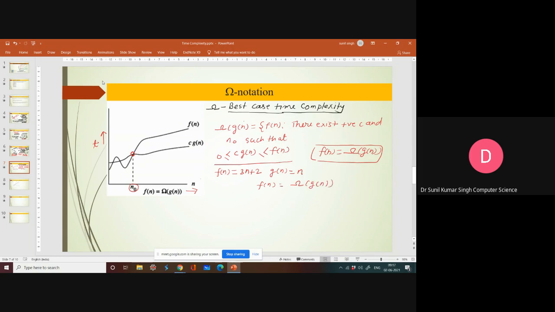Now look at the condition. So f(n) is here 3n plus 2, greater than or equal to C g(n), so it can be written as C n, and greater than or equal to 0. Divide both sides by n, so it will become C, and here 3 plus 2 by n. Now find out the value of C and n naught. So what can we take? Any guess?